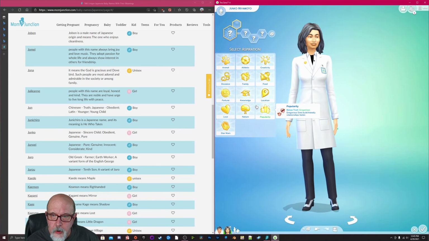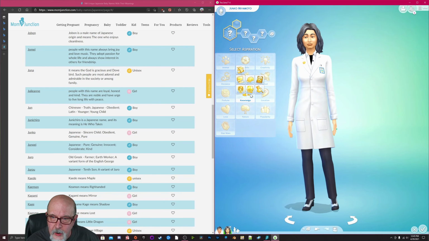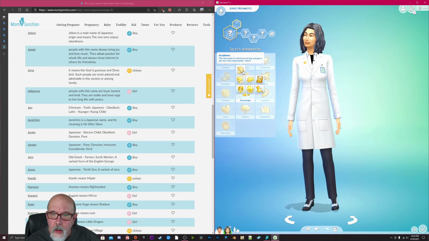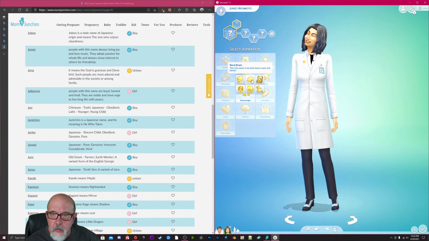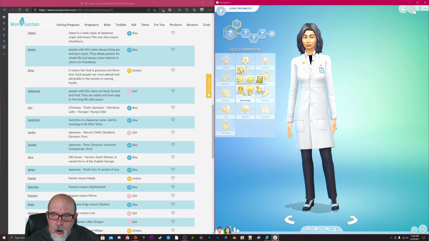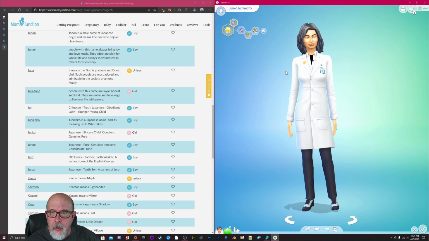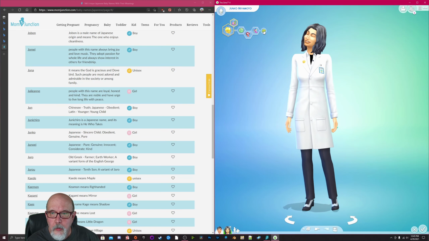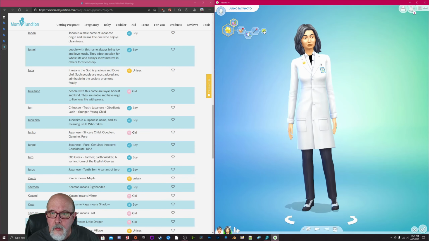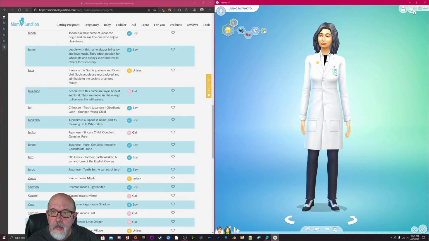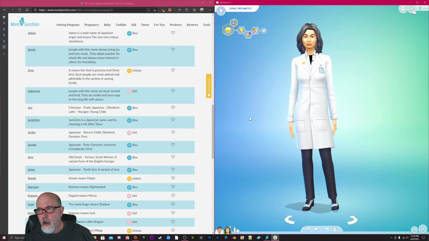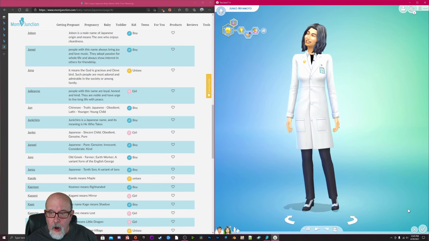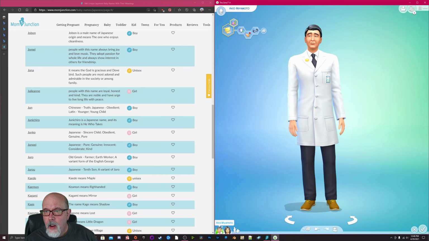Oh, let's give her some stuff. Knowledge. We'll just make her a Renaissance sim. Give her some random traits. Give her some different random traits until I find the set I like. We'll just go with those because I'm tired of looking. All right, and there we have our two